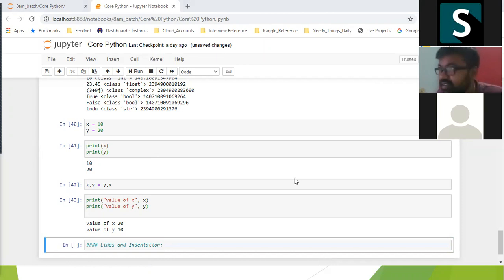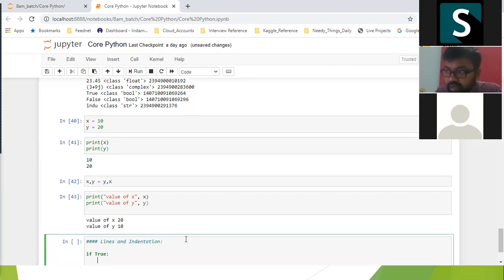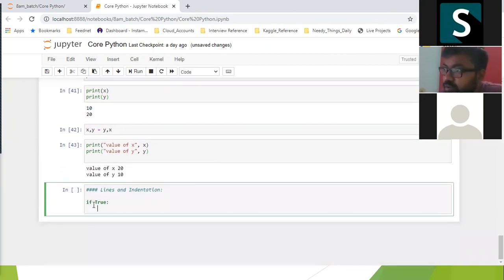If I want to write an if condition, for example, I'm taking a bool statement, true. In my Jupyter notebook, it automatically maintains the indentation space.